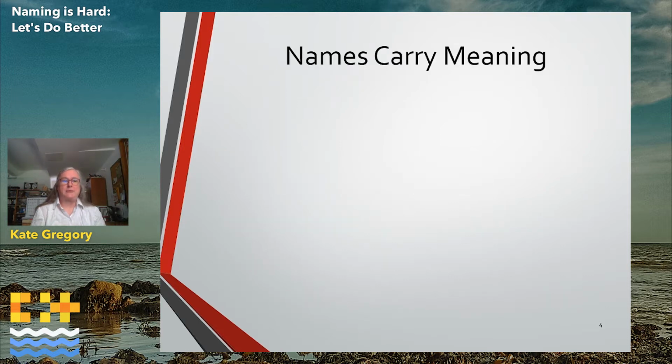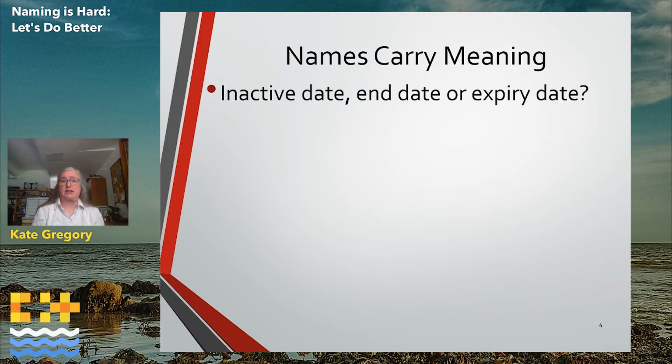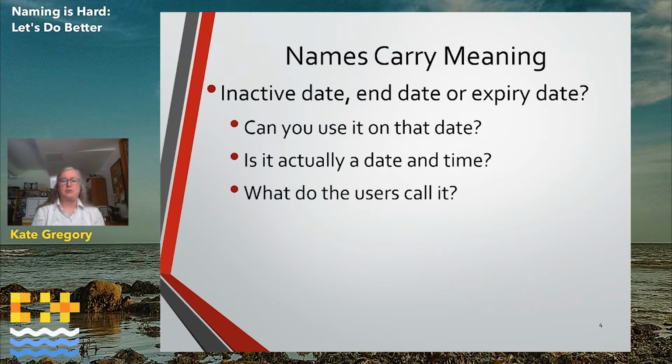Because names carry meaning. And they're not always the meaning that you intend. Sometimes things look like they're all kind of the same. We have these things that aren't valid forever, and we need to keep track of a date related to that loss of validity. But then people say, I don't think you can use a thing on its inactive date, but you can use it on its expiry date. And it's just like